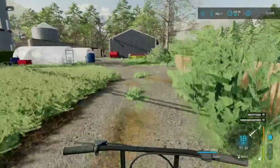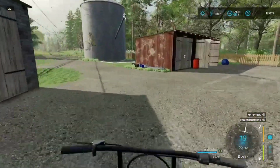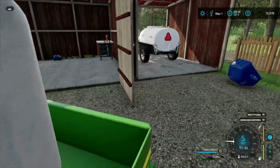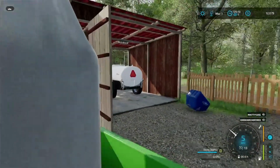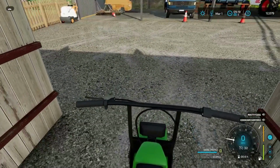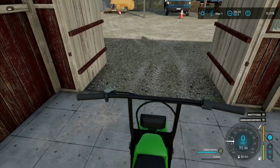So we've got that to look forward to later on in the day. Just going to run this back and stick it away. And we're going to be trying cheeky. I think what we'll do is I'll leave this attached for now. But what we'll do is we'll take the vegetables that we do have down and see if we can't just make ourselves a little bit of cash to sort of offset